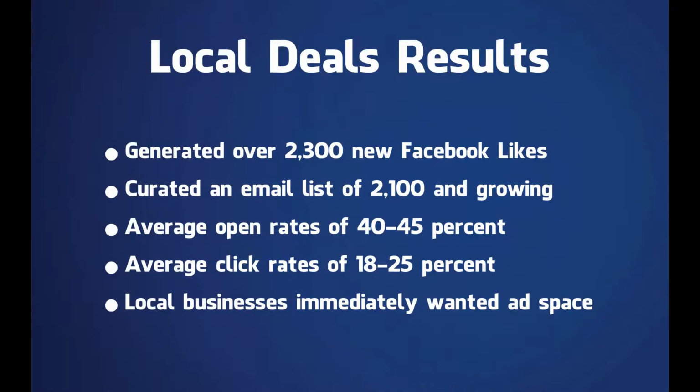And so what happened? Inside of several weeks, he generated over 2,300 new Facebook likes, curated an email list of over 2,100 people out of only 56,000, right? That's a decent percentage of the market. His list consistently now gets an average open rate of 40 to 45%. Any of you who have been in email marketing before know that that's not a bad number. It's certainly better than 16% edge rank, and it's something that he has control over. And not only the opening, but they're actually clicking through on his offers now.